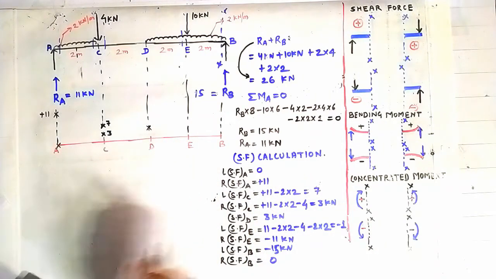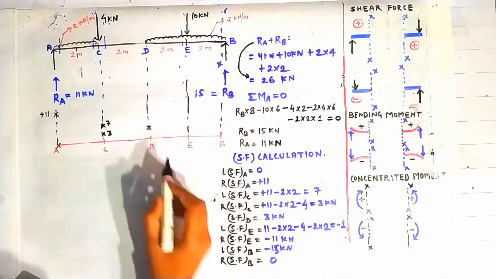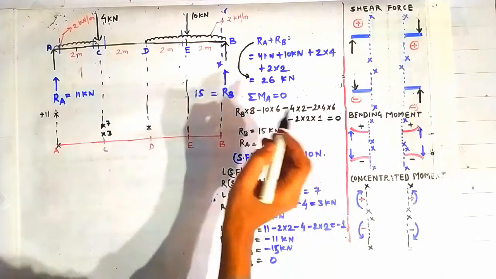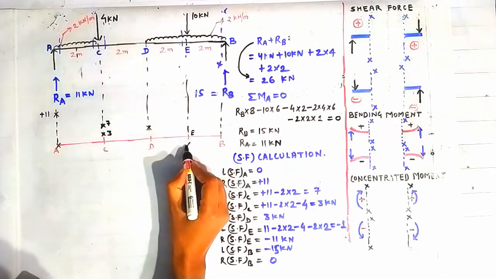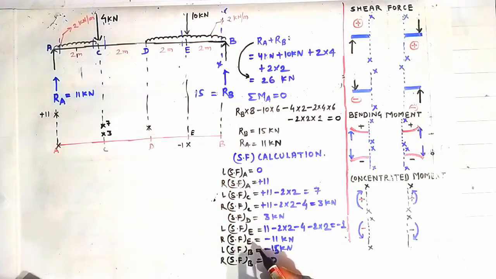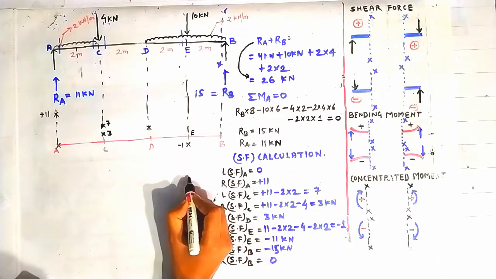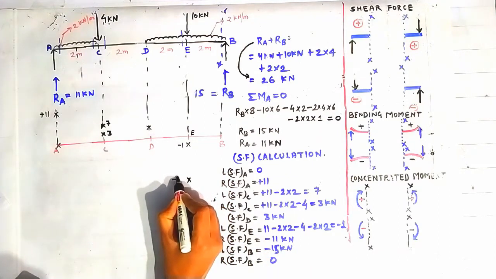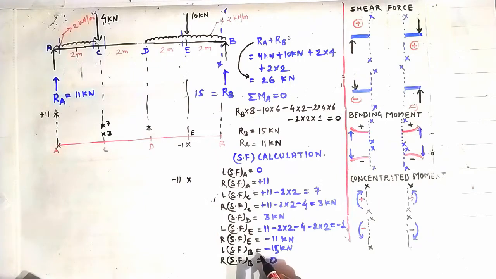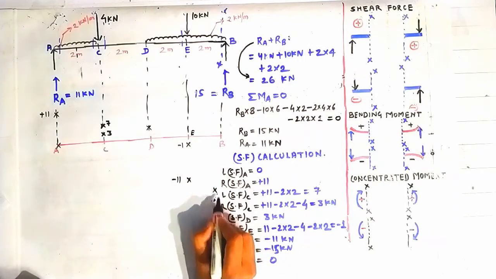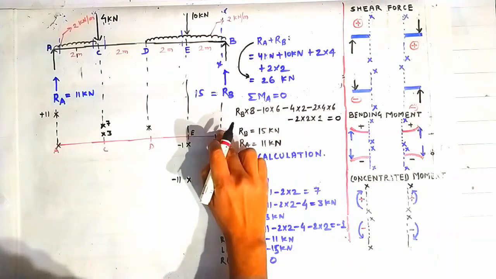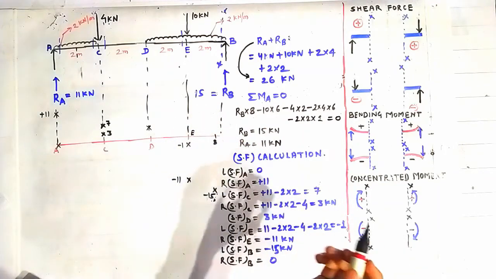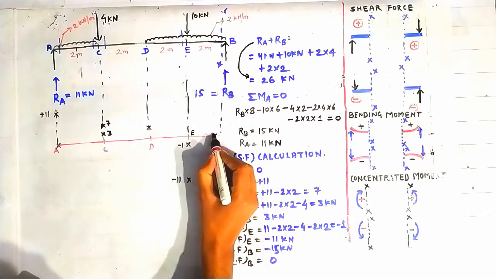The shear force on the left side of the point E is minus 1, so minus 1 will lie somewhere here. Suppose E is here, minus 1 will lie somewhere here, and the shear force on the right side of the point E is minus 11, so minus 11 will lie, suppose, somewhere here, and the shear force on the left side of the point B is going to be minus 15. Minus 15, suppose, lies somewhere here, drawing the point B here, suppose. Okay, now the shear force on the right side of the point B is 0, so making a cross here.